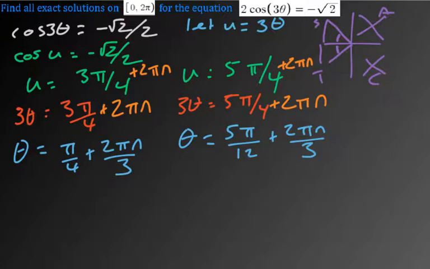So you really have to be careful in this one. That's why this one's trickier, of these kind of orange 2 pi over n's. They are going to become more important even though you're doing one full lap. When you divide the lap into thirds, you can get more solutions, basically. So over here, you're going to have a solution at pi over 4, but then you could also have pi over 4 plus 2 pi over 3. And if you do that,